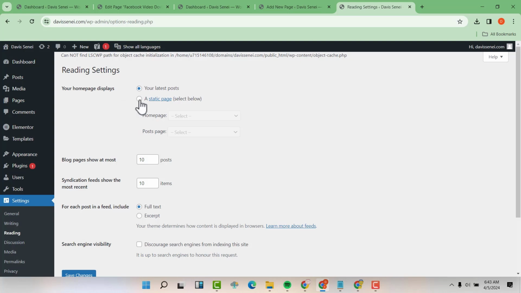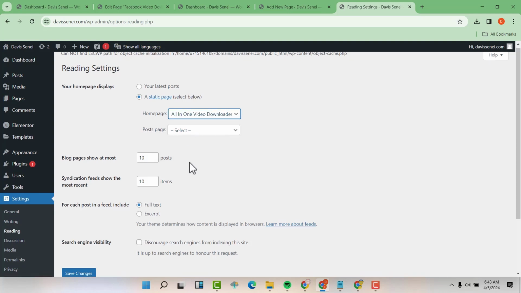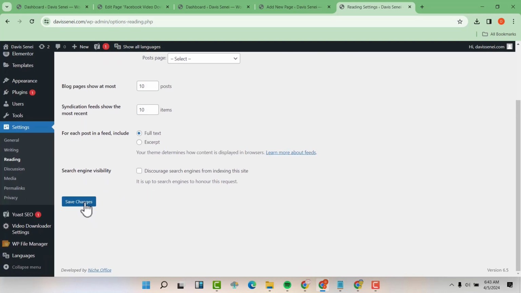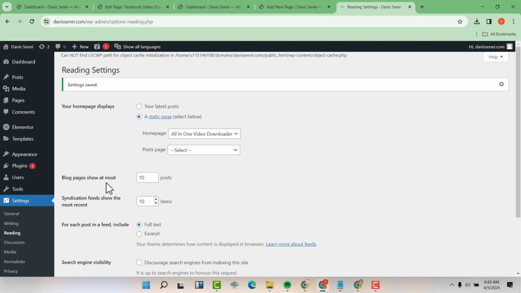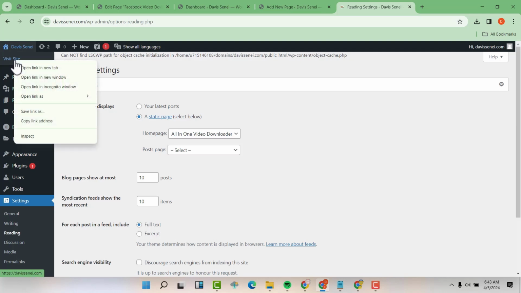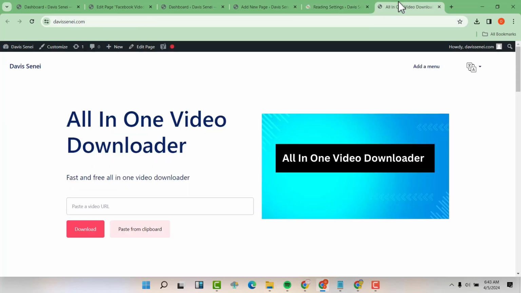So click on static page here, and then on your home page, just select the page that you have just created. So select that and save. So when we click here and we visit our site, it will take us to the page that we have just created, which is now our default home page, and you can see it has worked well.